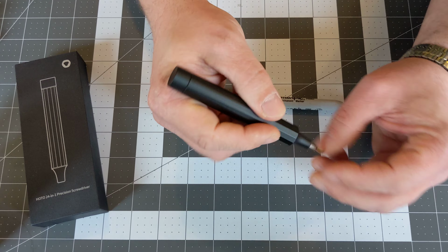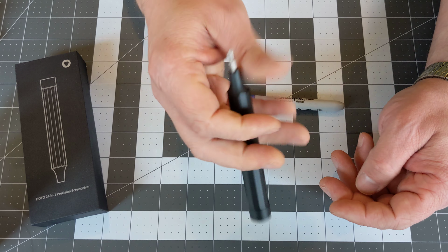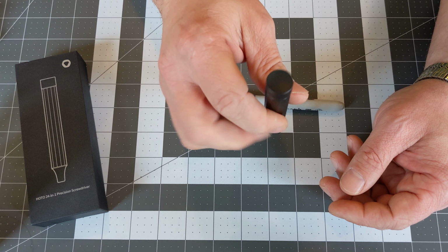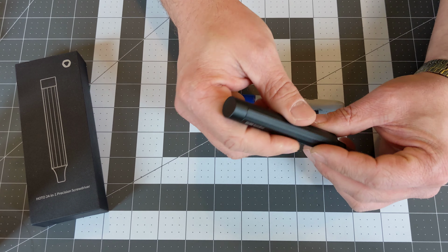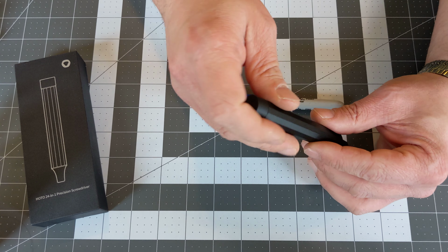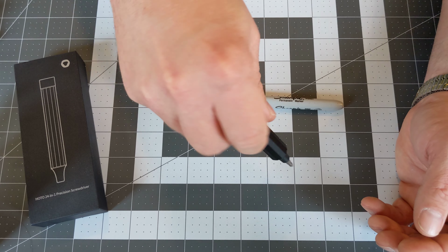Holds the bits in nice. I mean, it's very comfortable in the hand. I like the fact that it's a little on the wide side, so you can get quite a bit of torque on it. The tail cap spins, so